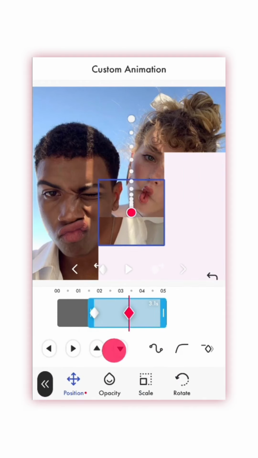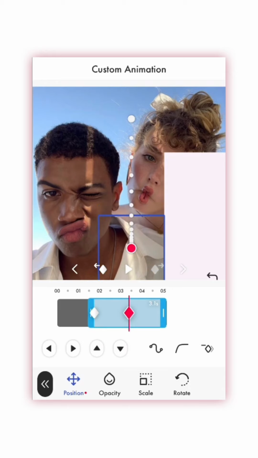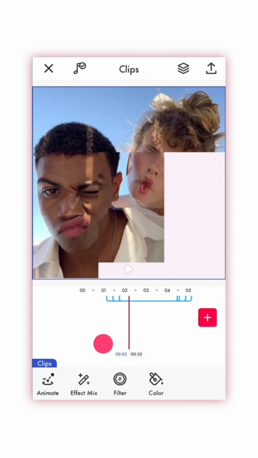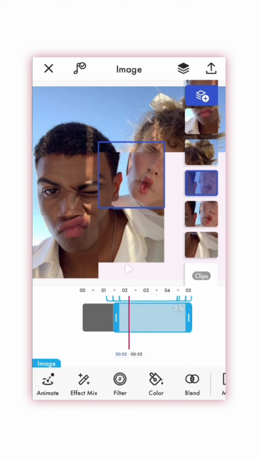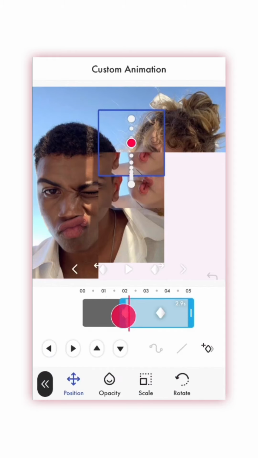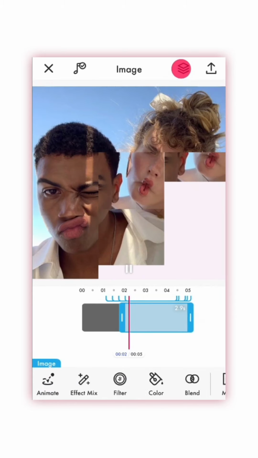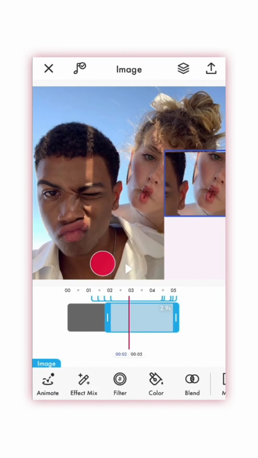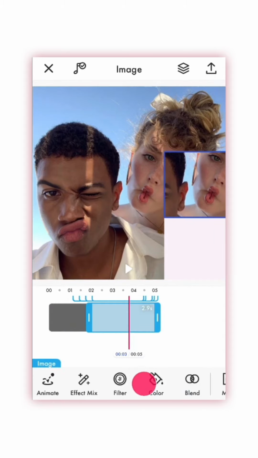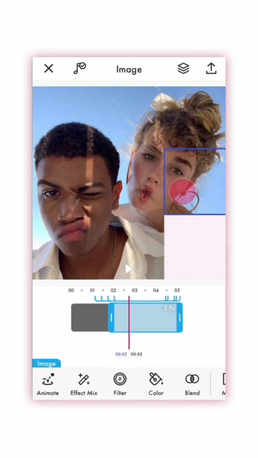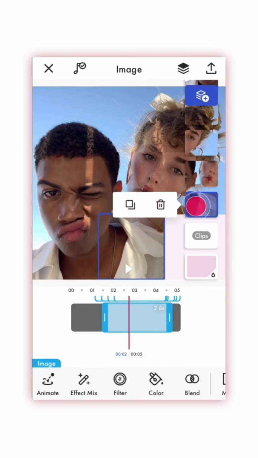But after you finish the first column, you're gonna work on the second column, and it is exactly the same, except you're moving the initial point to the middle top area instead of the left area. And then you're just gonna keep doing the same thing. After you do the second row, all you have to do is do the same exact thing for the third row. And as I said before, you want to position these at different points of time. You don't want them to be at the same time, because then it's not going to look like 9 squares. It's gonna look more like 3 lines, and you want it to be 9 squares, if that makes sense,